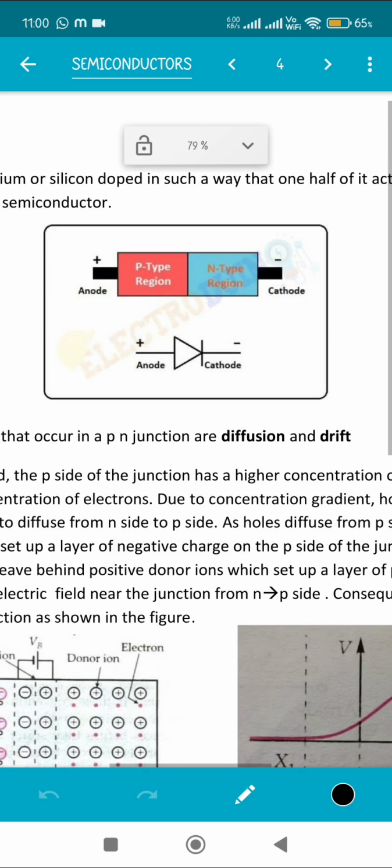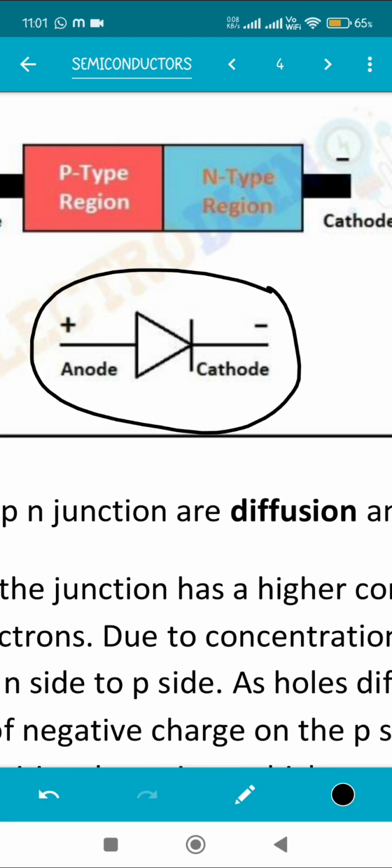So if you notice the diagram carefully, one side of it will behave like a P-type region and the other half will behave like an N-type region. So doping is done with trivalent as well as pentavalent impurities, but halfway through. So the P-type region is connected to the anode, or it will behave like the positive end, and the N-type region will behave like the negative end. Okay, very important. So this is the circuit diagram, or rather the symbol, of a PN junction diode. You have to make a triangle which is representing the P side, and then a straight vertical line which is representing the N side.